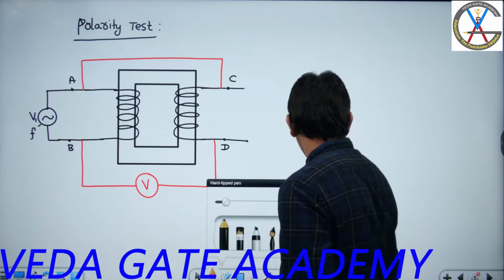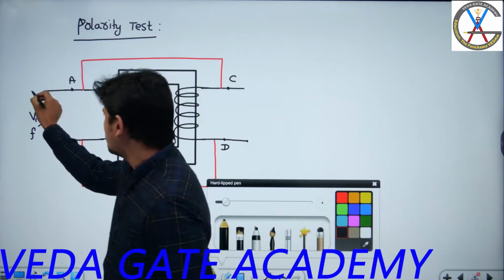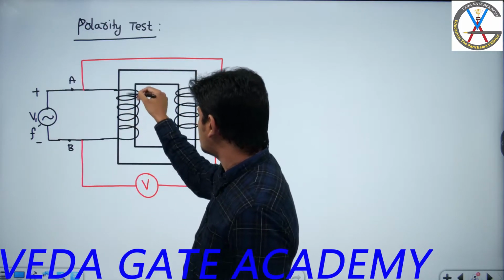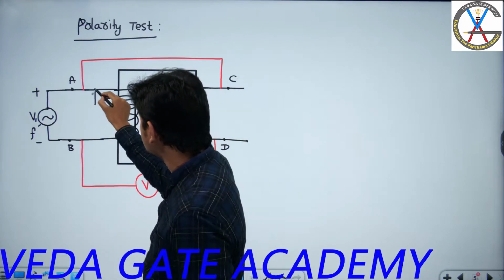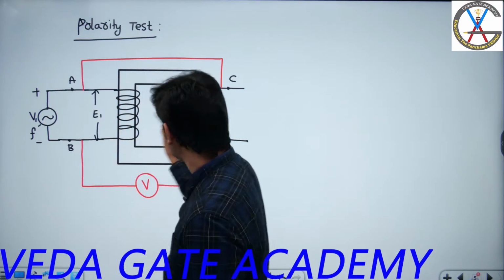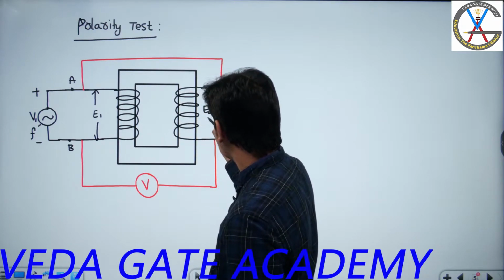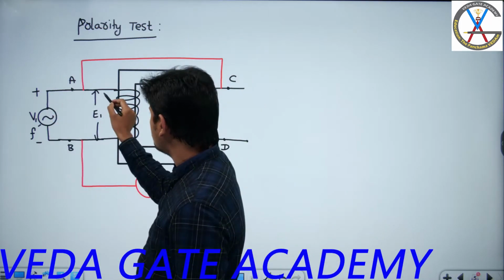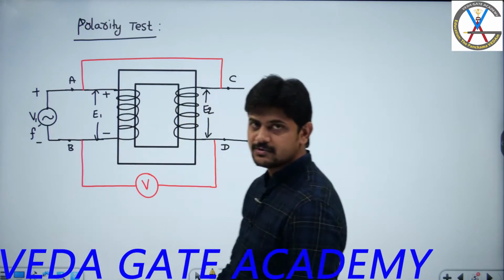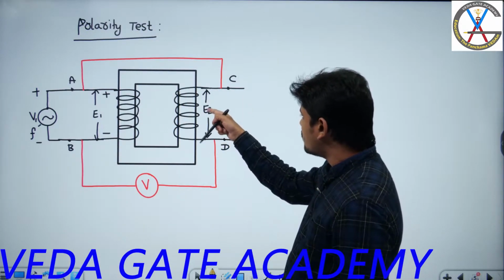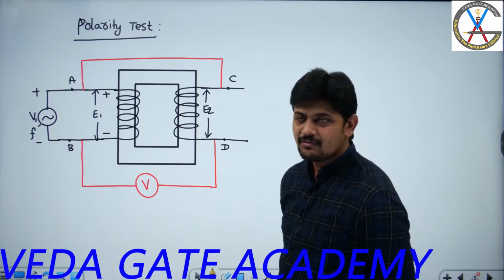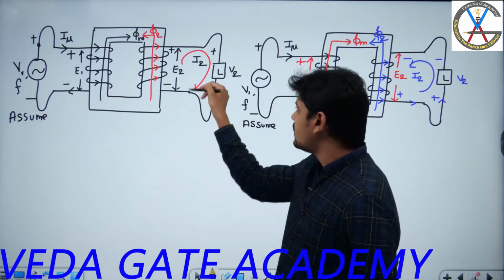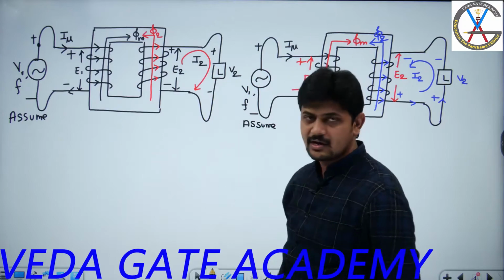Right. Let us assume that on the primary side terminals, A is positive with respect to B. The moment I apply the supply, obviously it will draw a magnetizing current, flux will be set up, and EMF gets induced across this primary winding as well as across this secondary winding. Now, as it is an ideal transformer, if you apply KVL, this terminal is positive with respect to this one. Now I need to understand the polarities of E2. If I know the sense of the winding, as discussed in the previous session, I can understand the polarities of E2 and V2 by assuming the load and the load current direction.